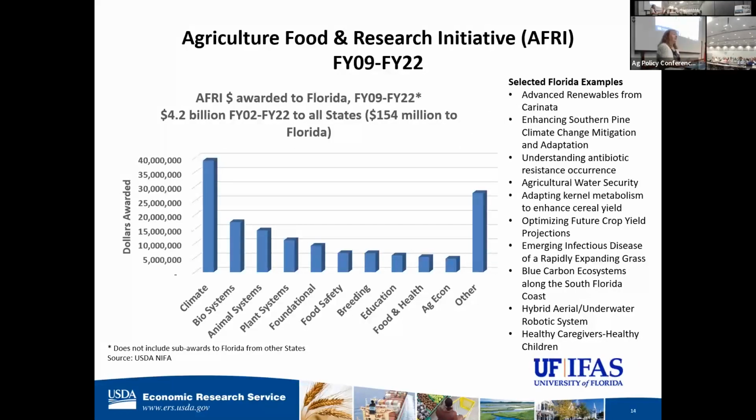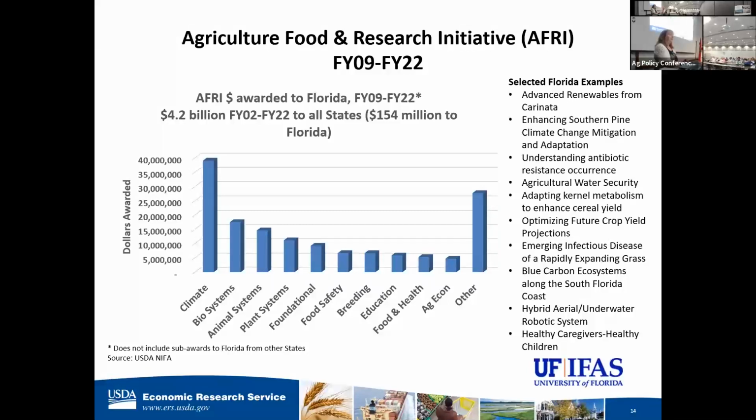So the first one is a program that I know all the university folks are intimately familiar with. This is out of USDA, National Institute of Food and Agriculture, and this is sort of their big investment program in funding extramural, or outside of the government, R&D in food and research. And so AFRI is the acronym that you hear all the time. And so you can see that between fiscal year 2002 and 2022, this particular program awarded over $4.2 billion in investment in R&D in these sectors,